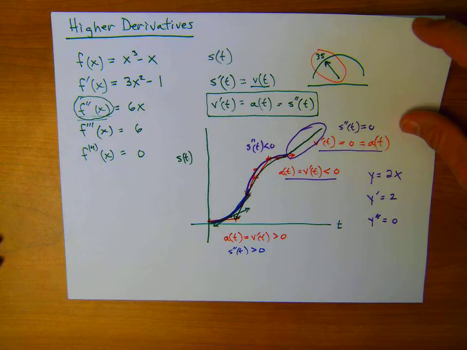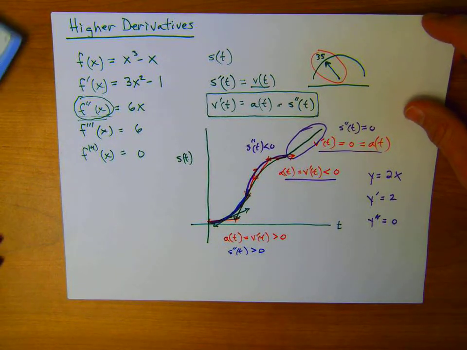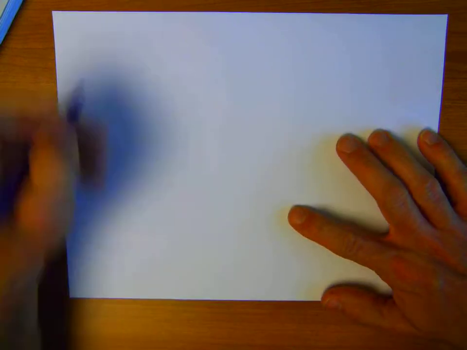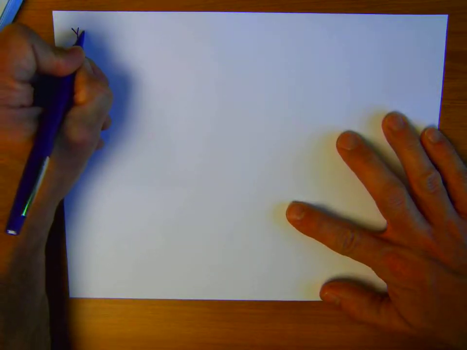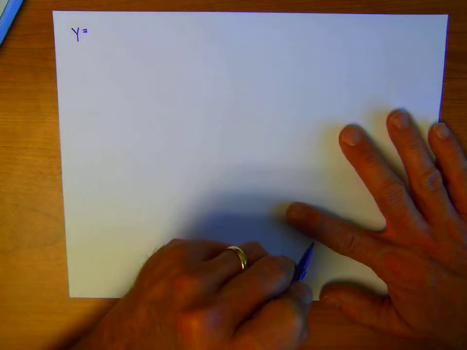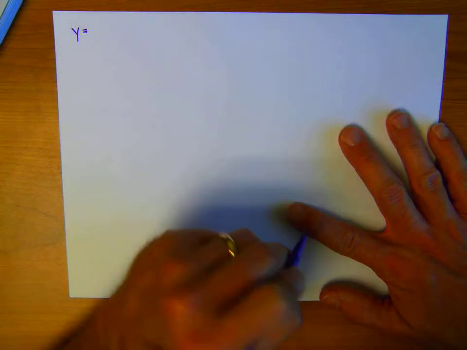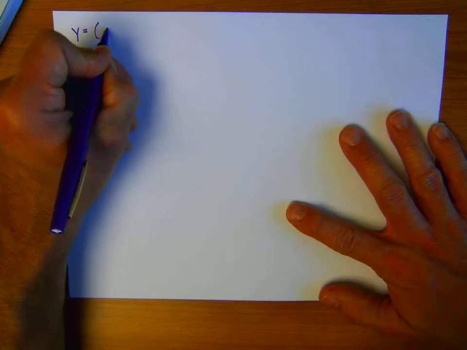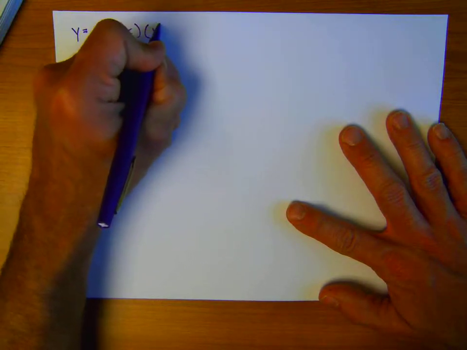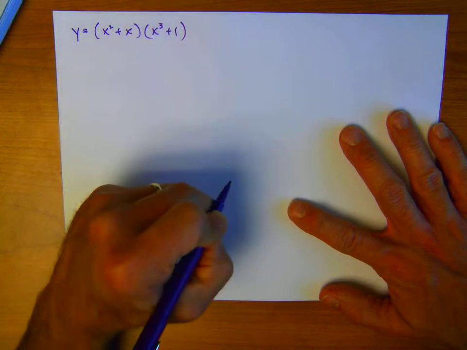Let's see a couple of examples of the second derivative, or beyond. Okay, so the first one, I'm just going to do 2 examples here, and for each of them I'm going to use either a product or a quotient, so we can also get some more practice in thinking about the product and quotient rules. So if I've got, let's say, x squared plus x times x cubed plus 1,